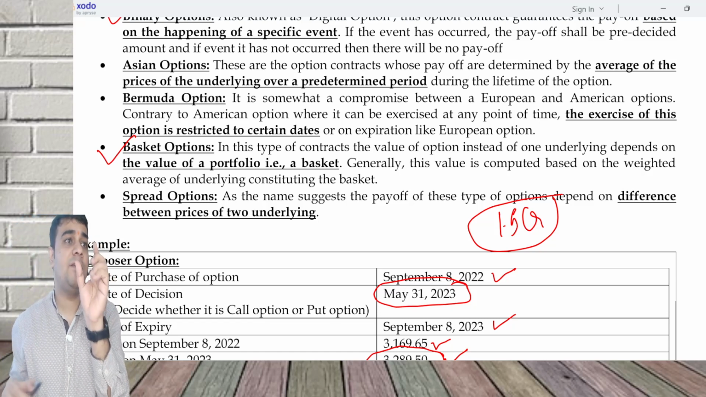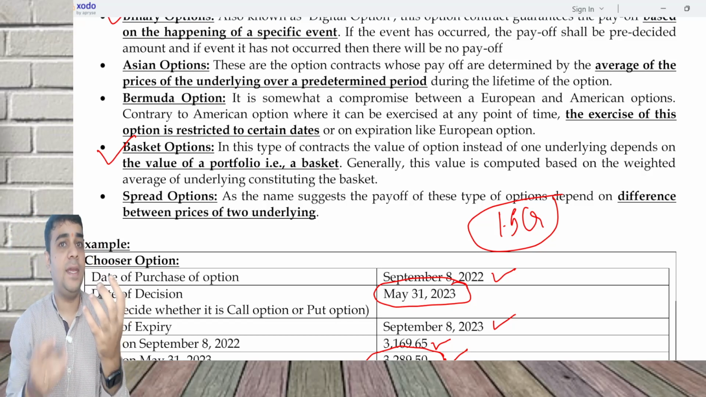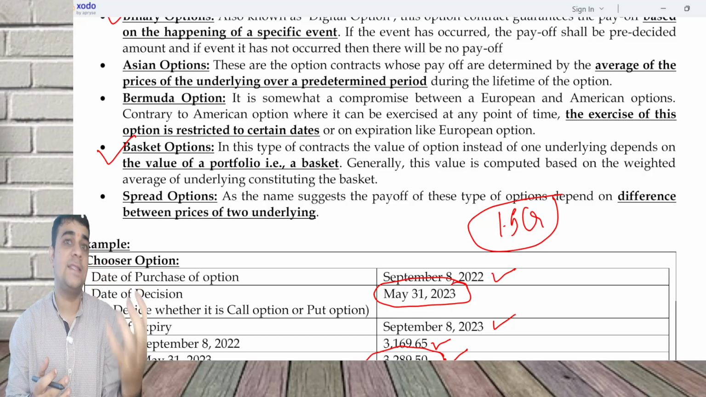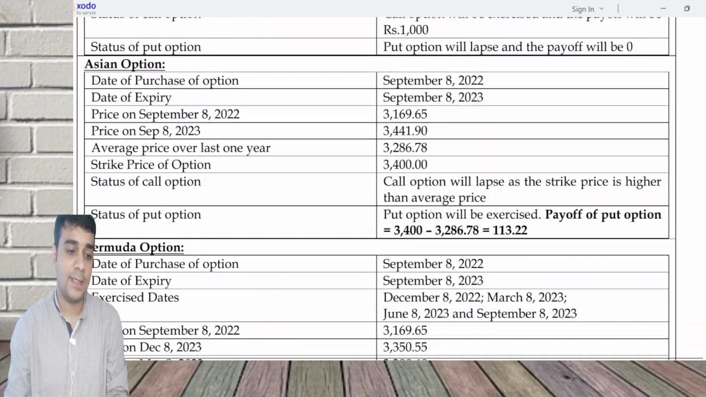Spread is basically the difference in value between two underlying assets. For example, Nifty and Sensex, I want to find the difference. Or I want to find the difference between ICICI Bank and SBI Bank. I have given an example. I'll come to that example. So in spread option, I have taken an example of